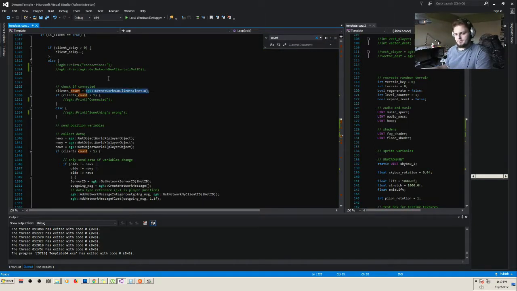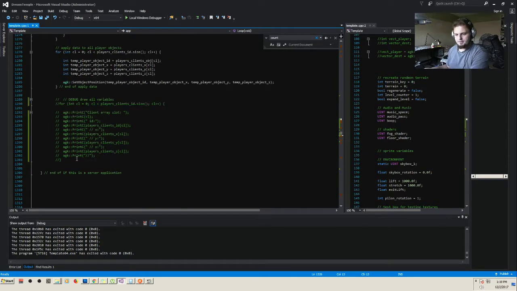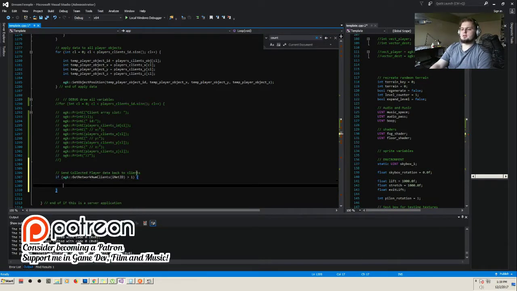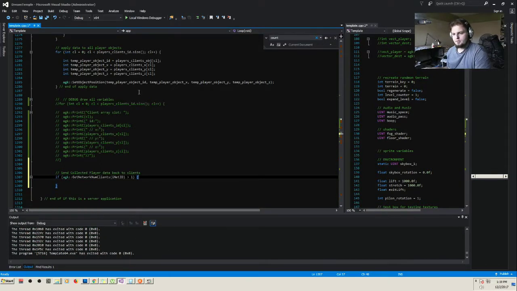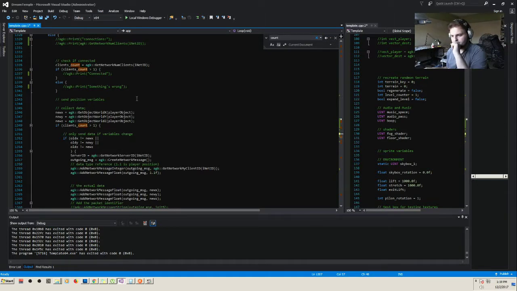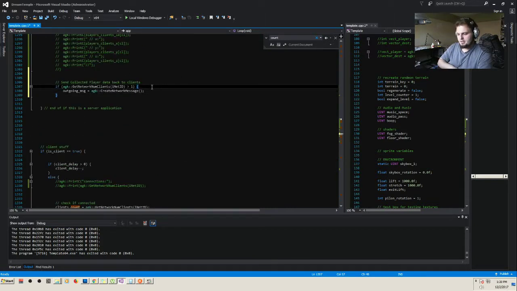Okay, so as the server, this is a server application. Send, if this thing is above 1, so there's at least 2 clients, then we're gonna borrow some stuff from here. So we're gonna create an outgoing message, and this is gonna be done for